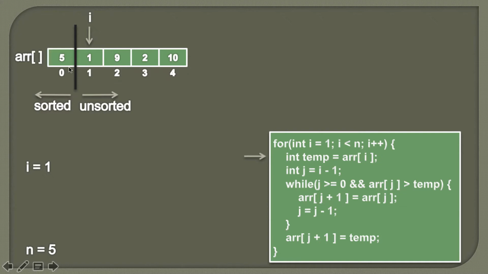Here you can see the spaces are already occupied with some numbers. So when we perform a shift, there can be a chance that some numbers can be overridden. So what we do is we simply store this value, which we want to compare with the elements in the sorted part, into a temporary variable. Moving ahead.